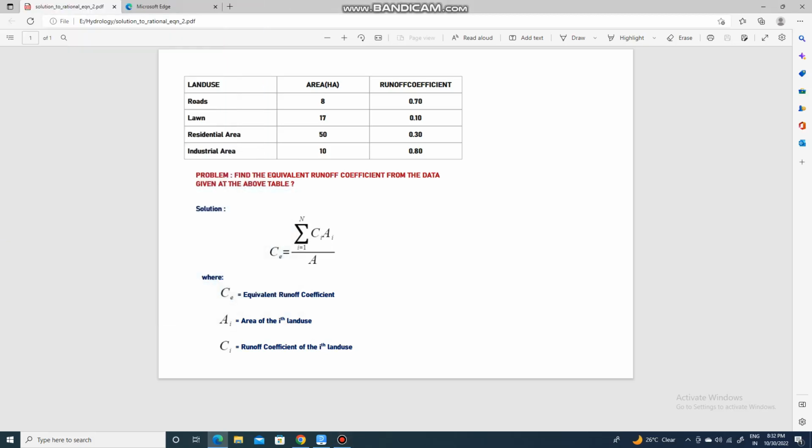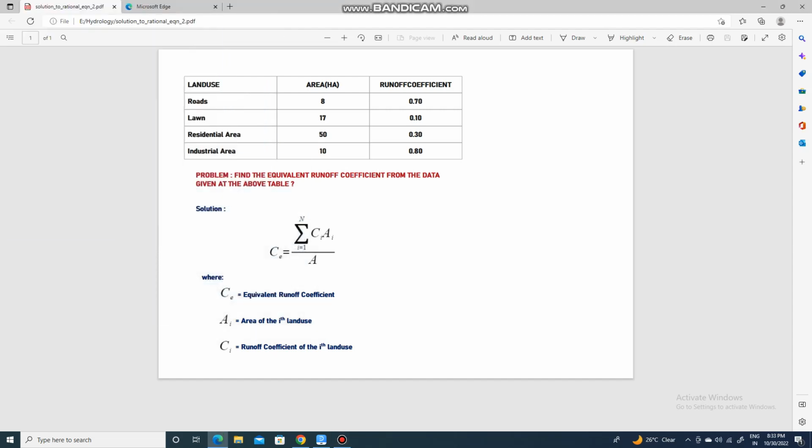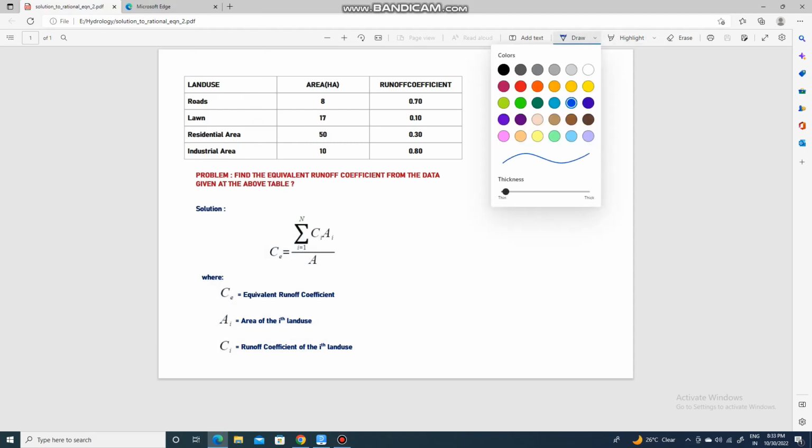This problem is about equivalent runoff coefficient, where the area and runoff coefficient of different types of land use will be given, and you have to find the equivalent runoff coefficient. So how to solve this type of problem? As you can see here in this problem,